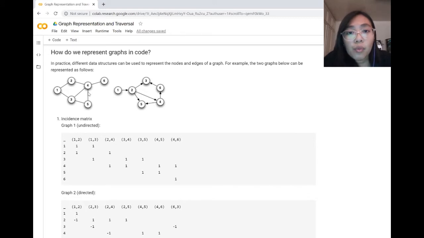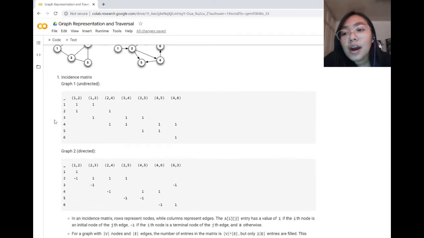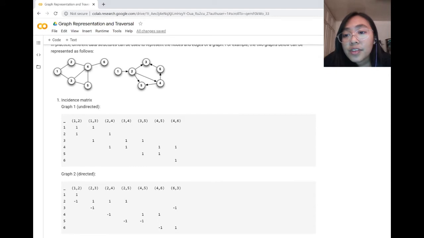So one way that we can represent these graphs is through what we call an incidence matrix. So in an incidence matrix, we have essentially a 2D matrix. Each row in an incidence matrix corresponds to one node, and each column corresponds to one edge. And say in an undirected graph,